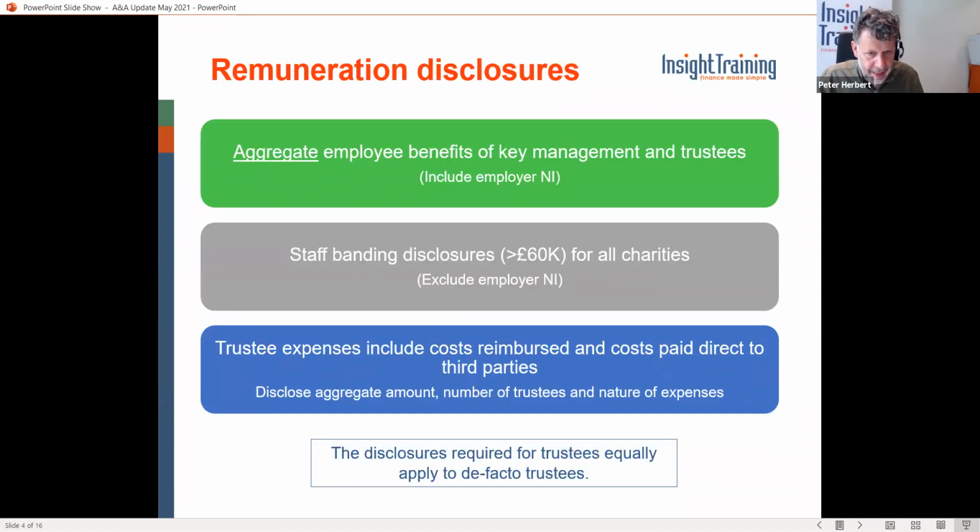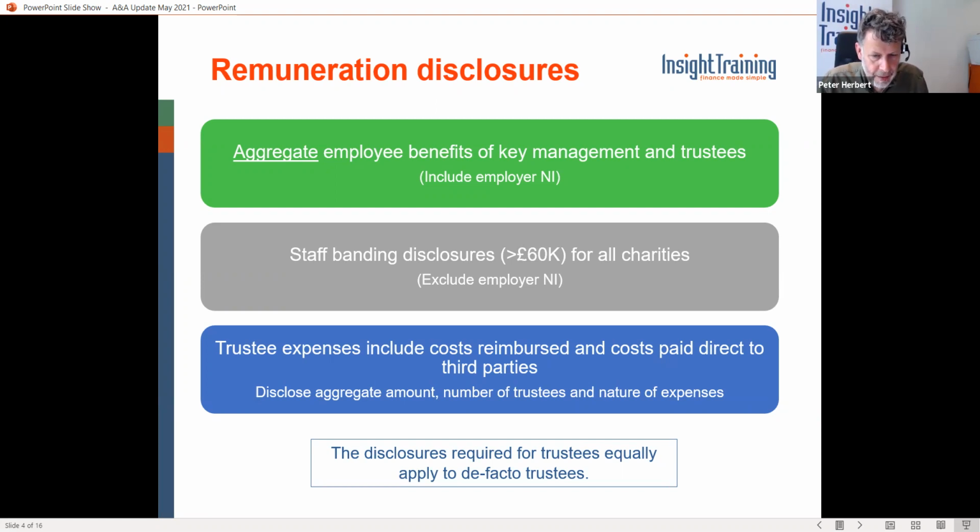So 2 slides here, one looking at remuneration disclosure requirements based on the charity SORP and one looking at the disclosure of other related party transactions. So requirement to disclose the aggregate employee benefits of key management and trustees. So key management personnel remuneration in aggregate, that needs to be disclosed in the notes to the charity's accounts, requirement of the charity SORP and indeed for that matter FRS 102, and that will include employers' national insurance